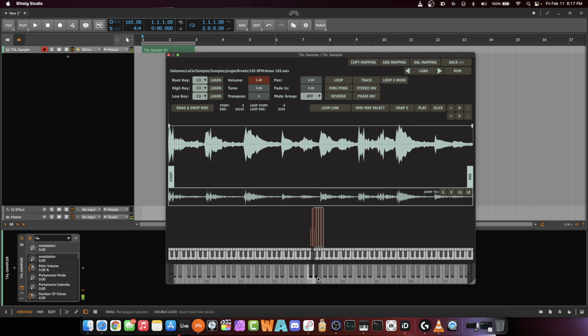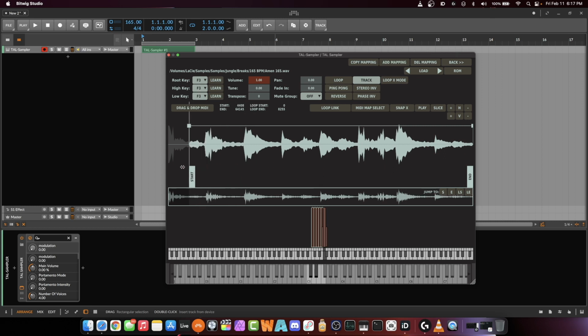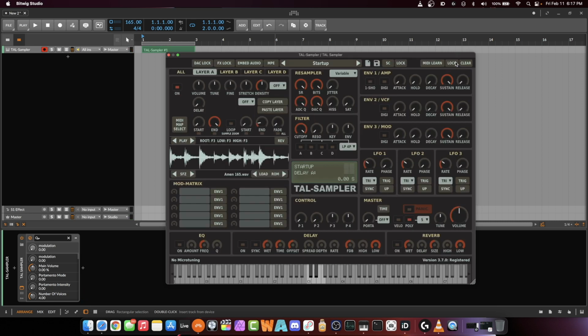So that's a very simple mapping there, but what if I wanted to get some variation in that? What I could do is copy this mapping here. And let's say on this one, I want it to play the full sample. But what I'm going to do is transpose it up about 18. Kind of sounds bad, but what we can do, if we go to back, we go into the layer,